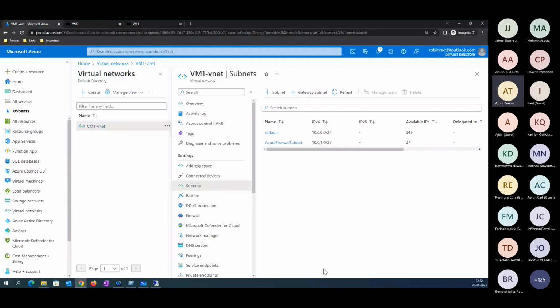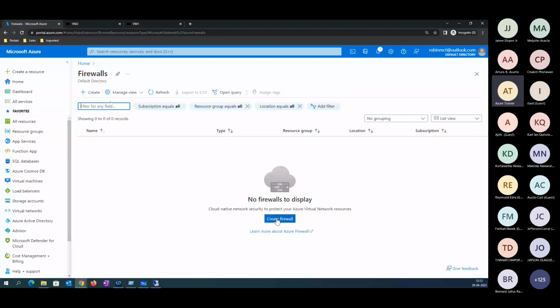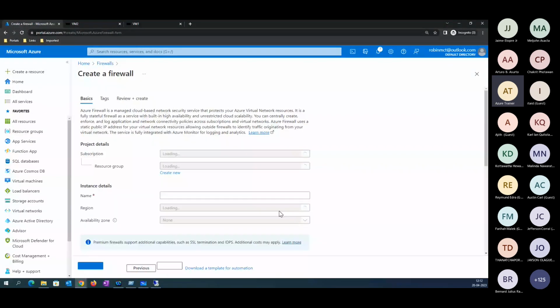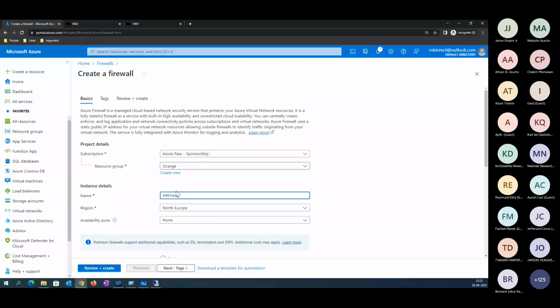There is an additional subnet here. Now let me go to the firewall section. Previously, I was getting an error message saying the firewall was not allowed because there was no dedicated subnet available. I'm giving this the name HR firewall.